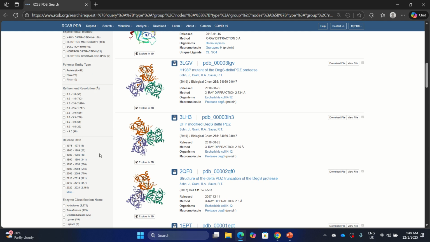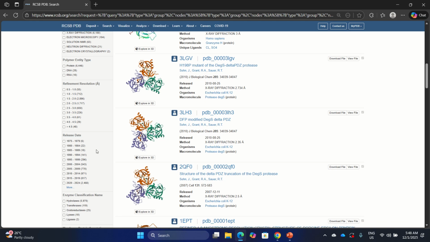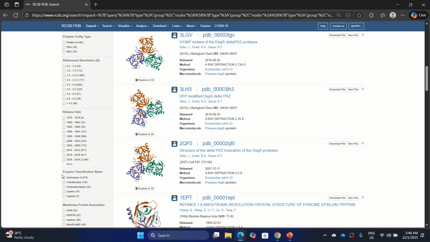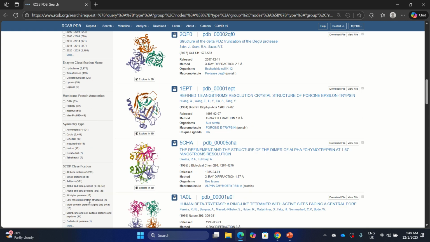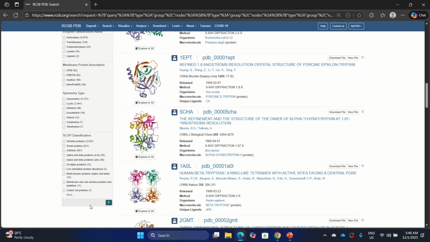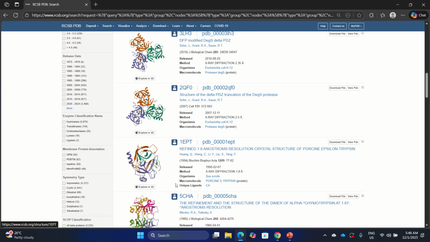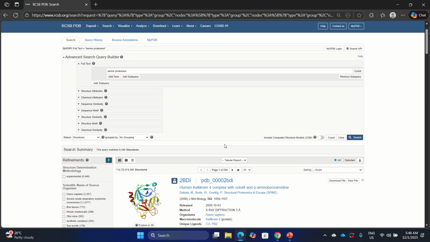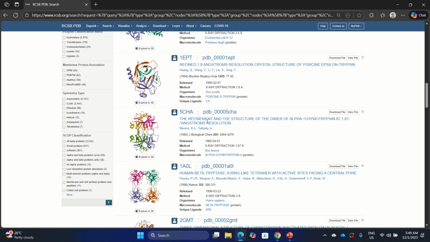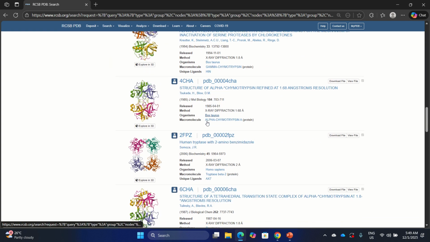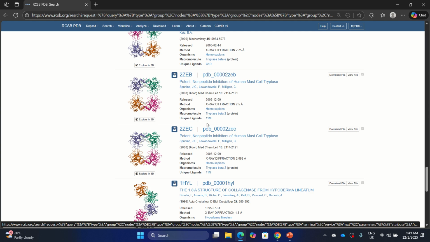The release dates are also summarized here, and the enzyme classification system name, as well as membrane protein annotation, symmetry type, and other classifications such as the SCOP classification. We usually want to focus on a particular protein. In this case, you can just look for the protein that you want to investigate.